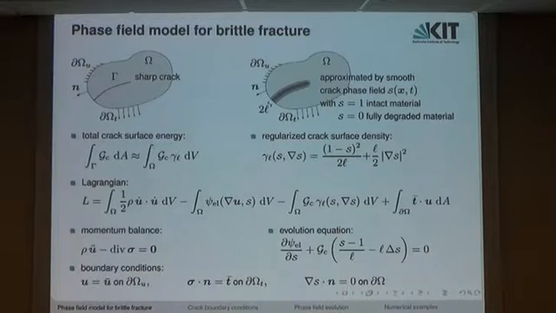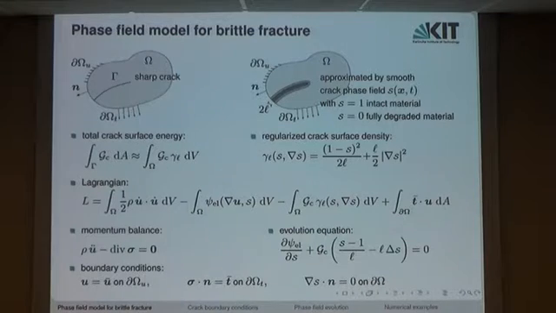So in the phase field approach for fracture, the sharp crack is approximated by a smooth functional. This avoids jumps in the displacement field and the corresponding numerical difficulties. Accordingly, the surface energy of a sharp crack can be replaced by a surface energy density, and the thereby introduced additional scalar field S, the phase field, describes the state of material between S equal to 1 for intact material and S equal to 0 for fully degraded material, while length parameter L controls the width of the transition zone